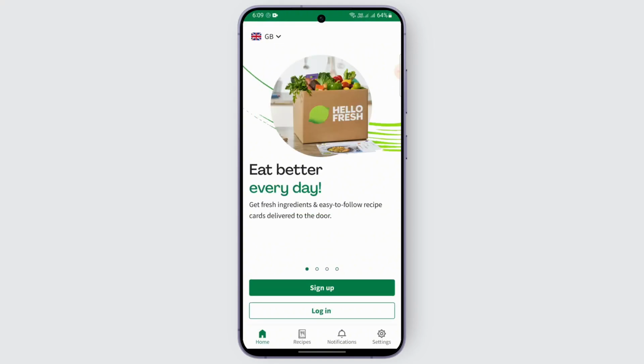Or if you don't have an account, you may just sign up, go to sign up, and go on with the process of creating an account. After your account is created, just go to login and enter your login credentials, and you should be able to easily log into the